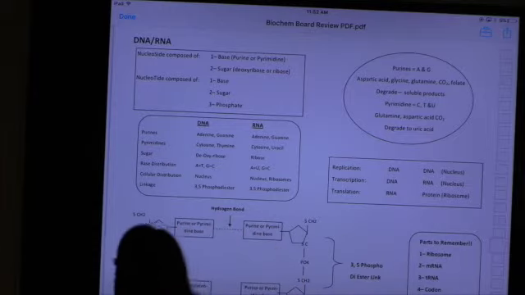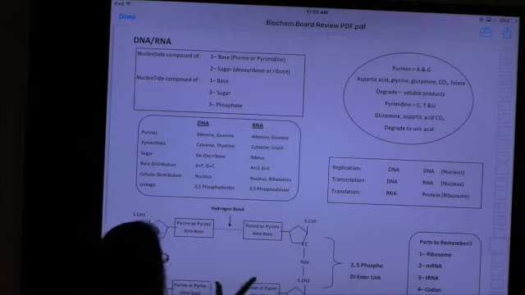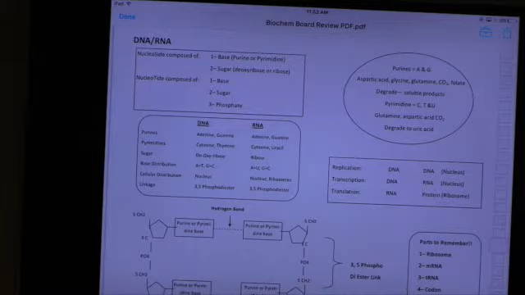Our bases are what? So purines or pyrimidines, okay? Purines are going to be what? A and G, okay? They are made up of aspartic acid, glycine, glutamine, carbon dioxide, folate, yes? Okay. They can be degraded to soluble products. That's really important. Those purines can be degraded. Pyrimidines are what? C, T, and U. Good. Okay. This is glutamine, aspartic acid, and carbon dioxide. They can be degraded to uric acid, which goes into what cycle? Uric cycle.